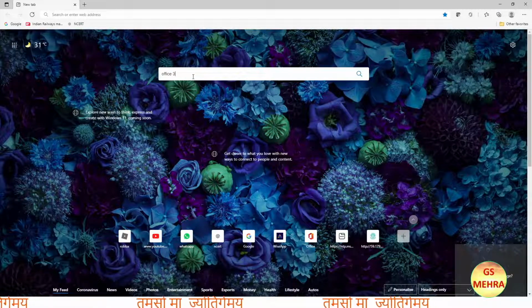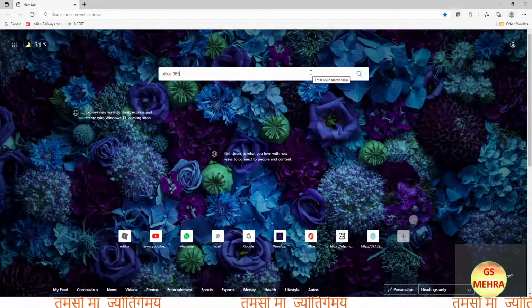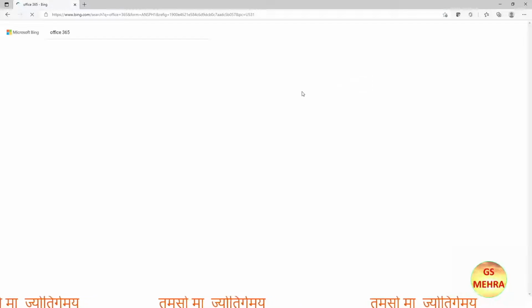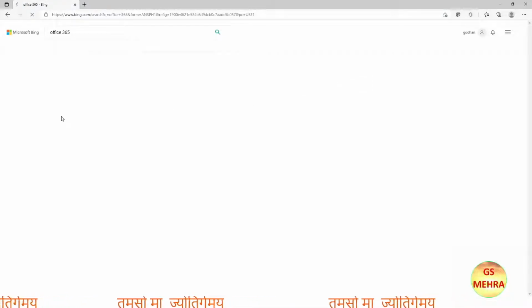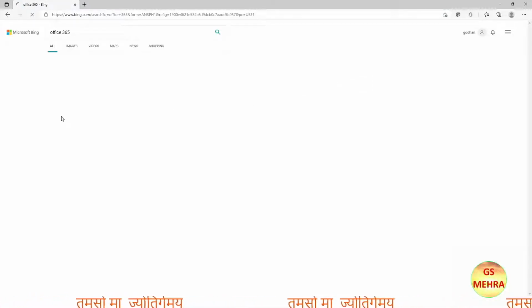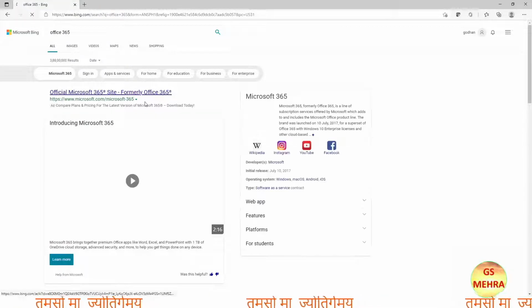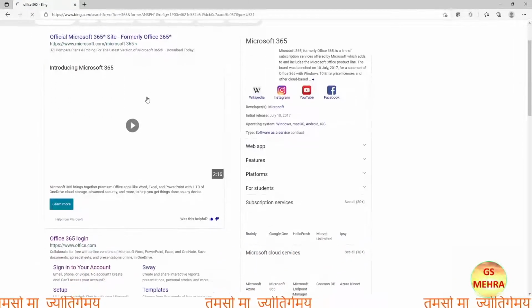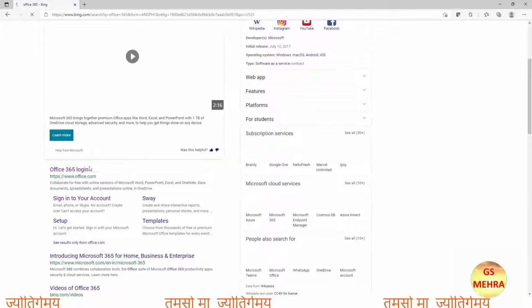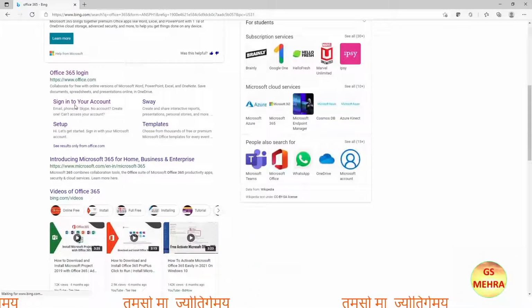Office 365. Then we'll click on the site. Here so many sites are there, so we'll click on Office 365 login, and you can see it here.